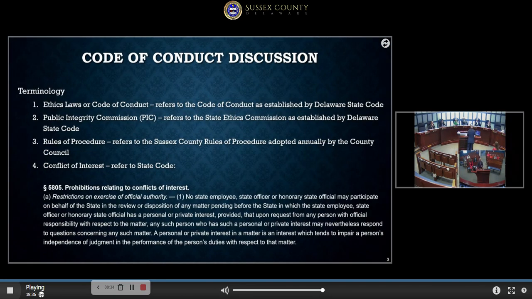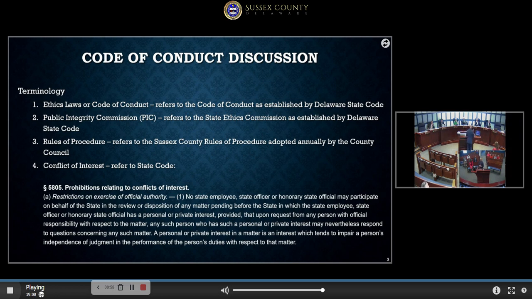Okay, we started the slideshow with terminology because a lot of terms get thrown out related to this topic, and we wanted to make sure that we're following along and you all understand what a term of art references. A lot of times we talk about ethics laws or code of conduct. That refers back to the Delaware State Code, which we're going to go over in detail.